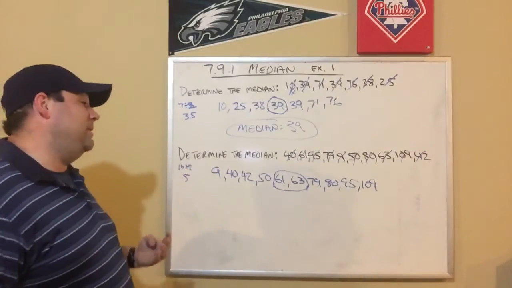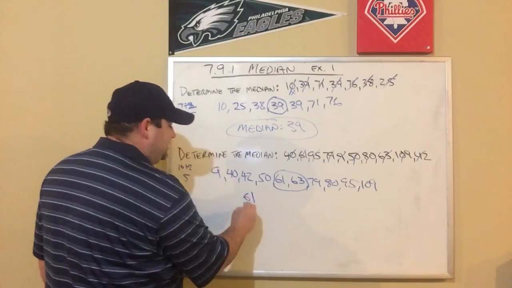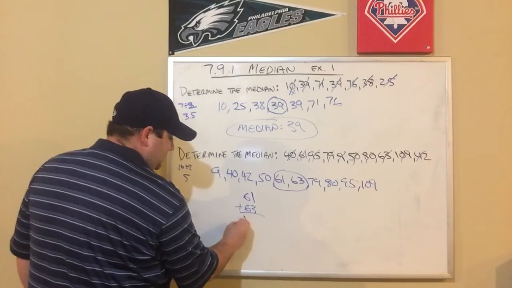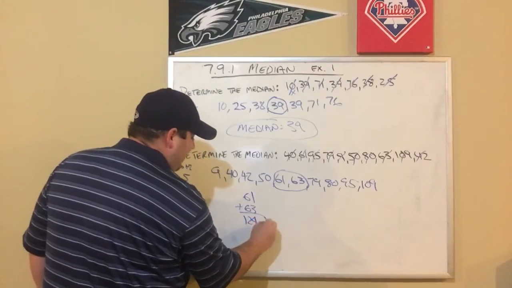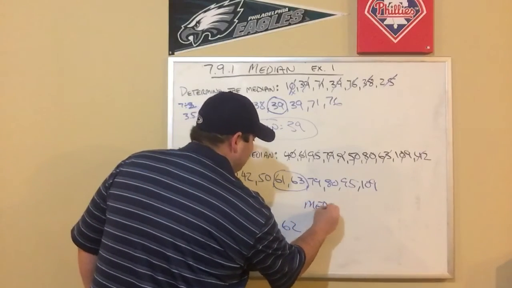Doesn't work that way. So what you got to do is you add those 2 numbers and divide by 2. Basically, you're finding the average of those 2 numbers. 61 plus 63 is 124. Divide that by 2, and we get 62. So our median